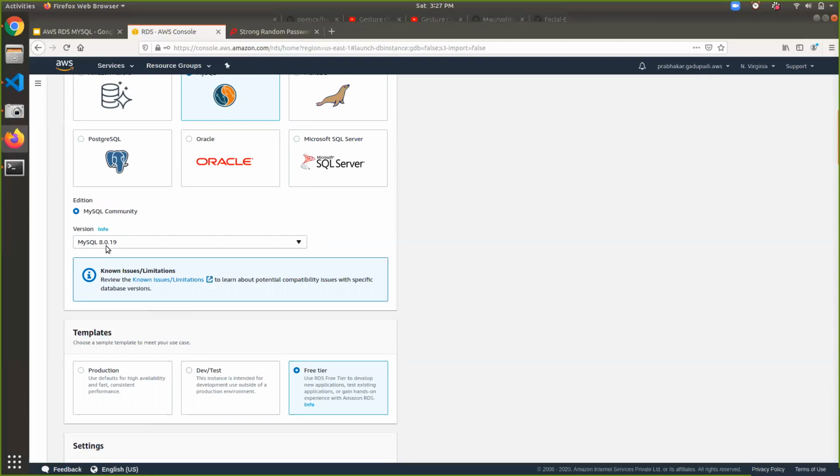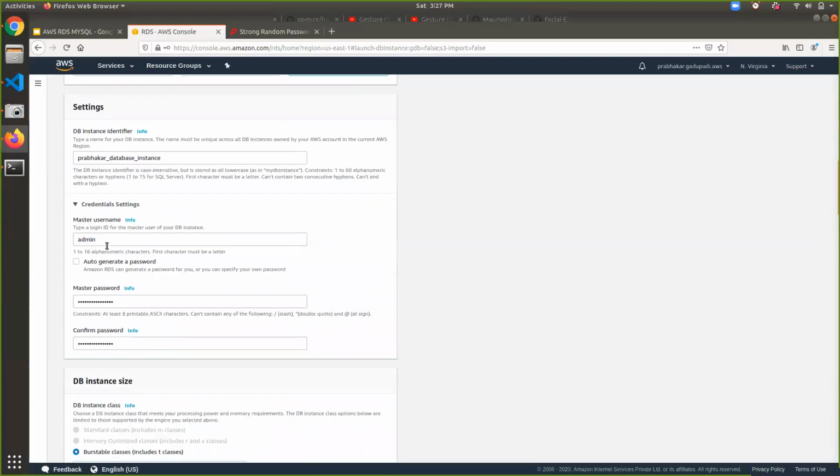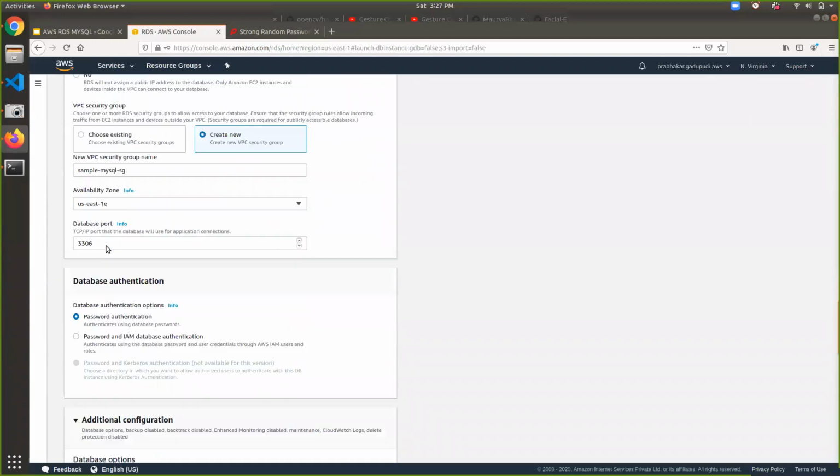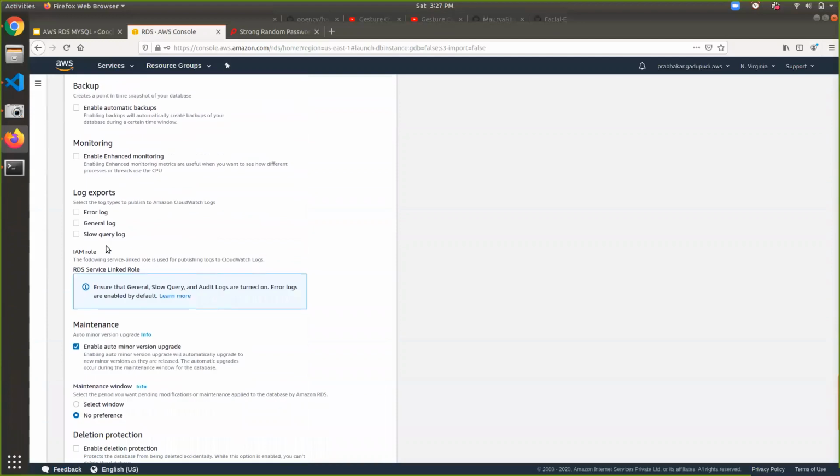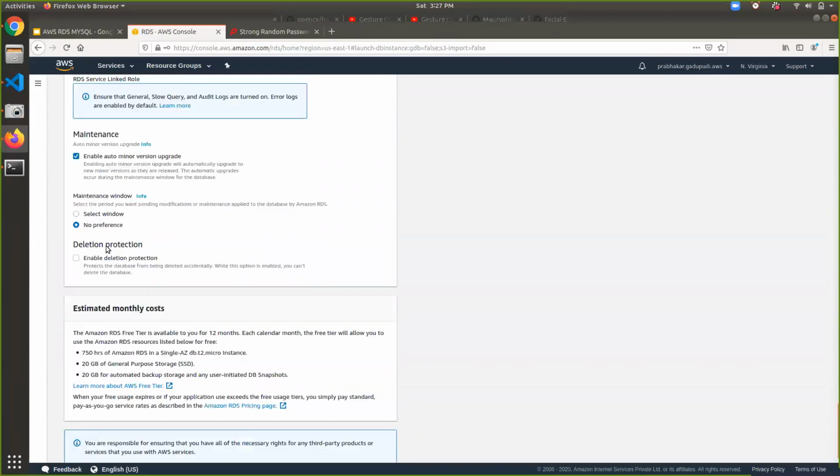Then AWS will automatically take care of it and upgrade it. We can enable that kind of upgrade so that we don't worry about upgrading, patching and putting in security patches. We can enable this automatically based on our requirement. If you are working on a dev instance or a demo instance, this option is not required.